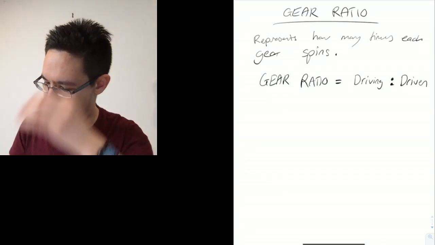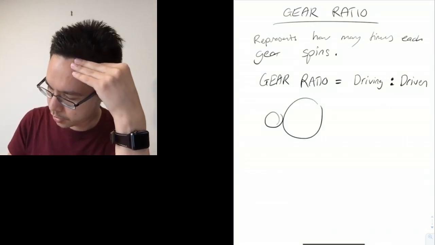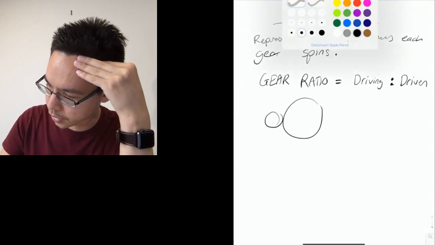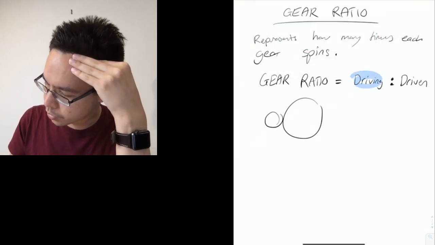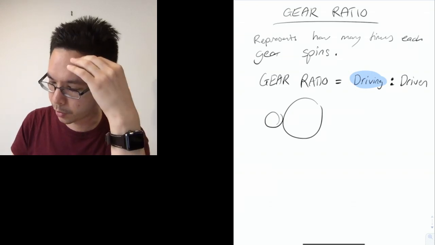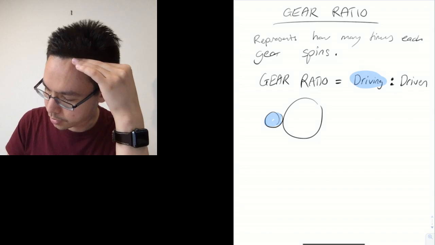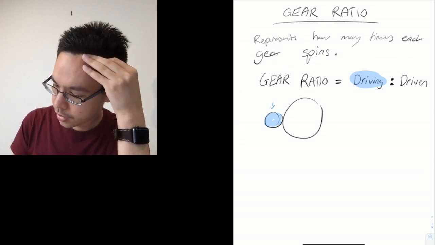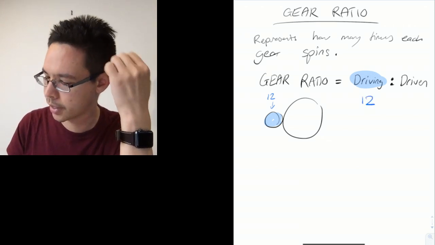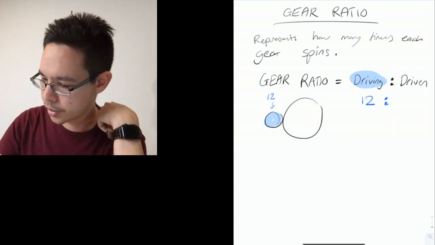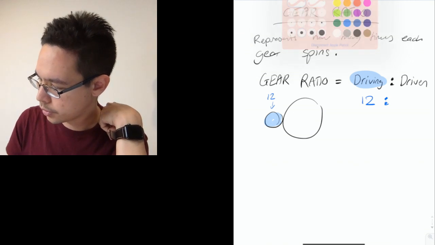So if I have a small gear next to a big gear, and I'm going to color these, driving is my effort gear that I'm trying to do myself. So if this is my driving gear, and let's say it has 12 teeth, so I have 12 in my ratio, is to,